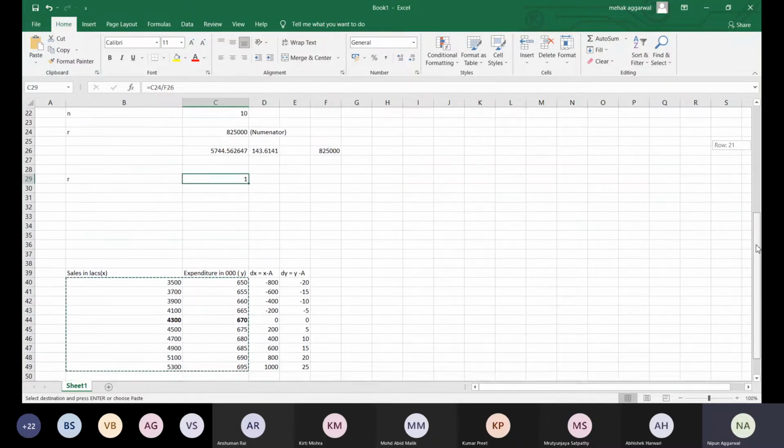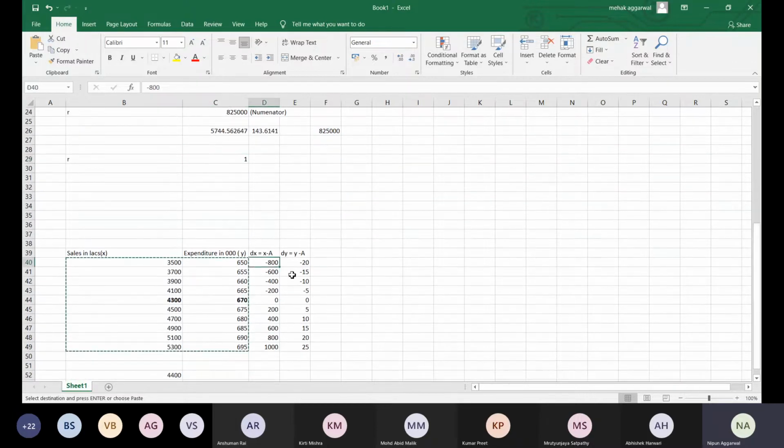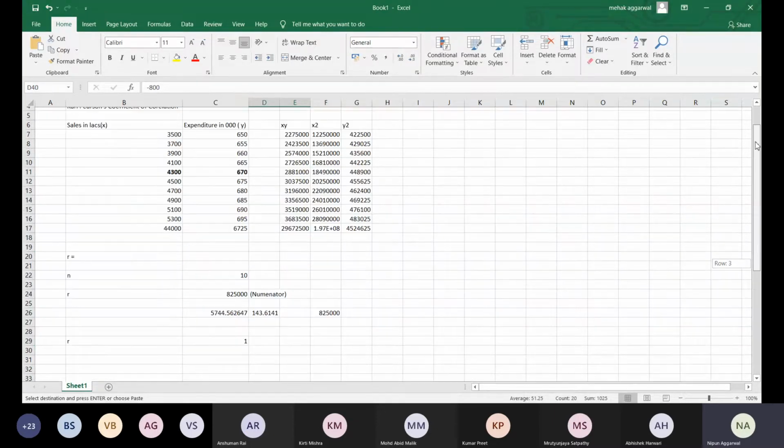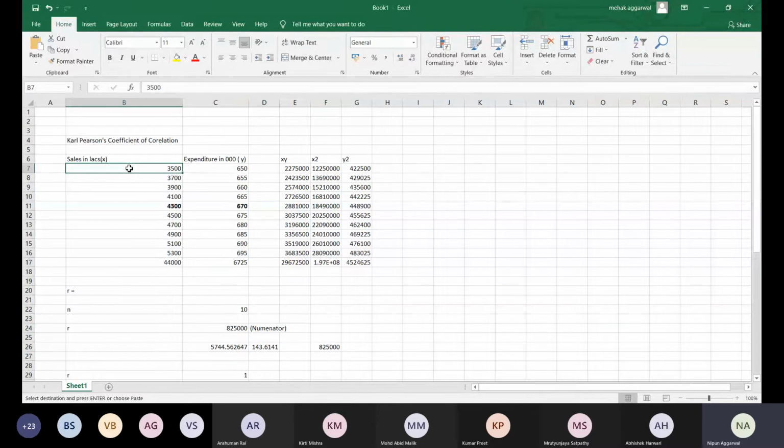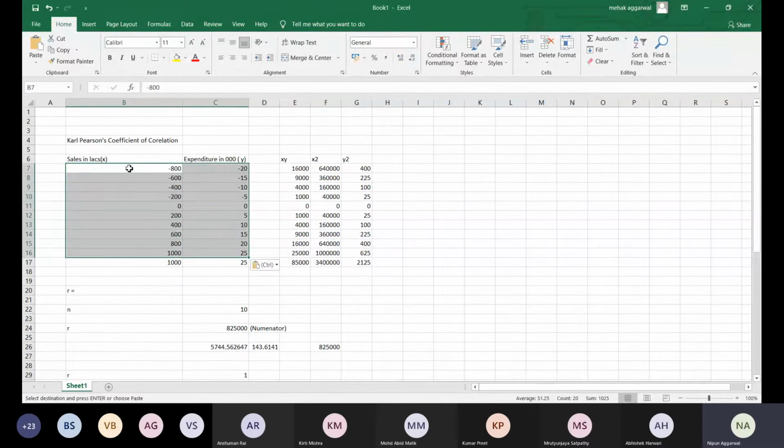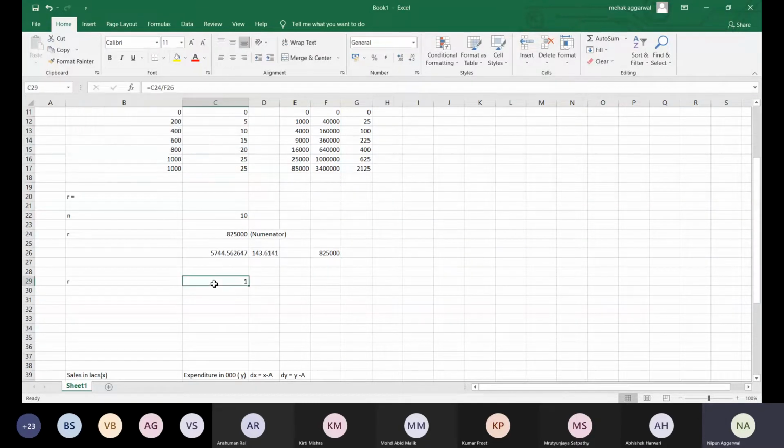Now if I replace that with this dx dy, the answer must be again the same, +1. So let's check it. So this dx dy is to be replaced in this data, xy now. So again the answer comes out to be +1. So that is, you can say, how our calculation is reduced.